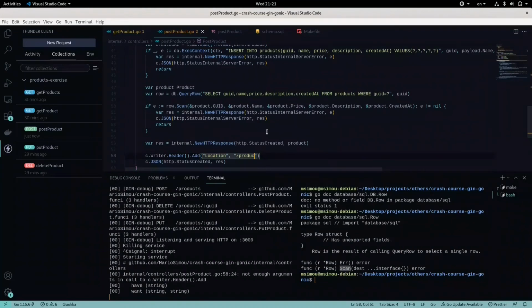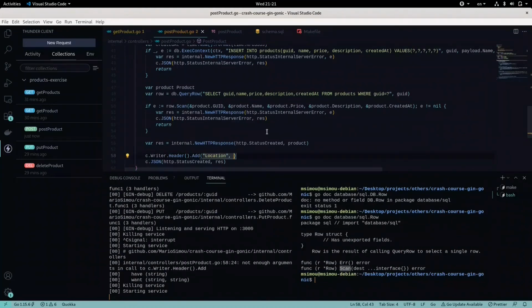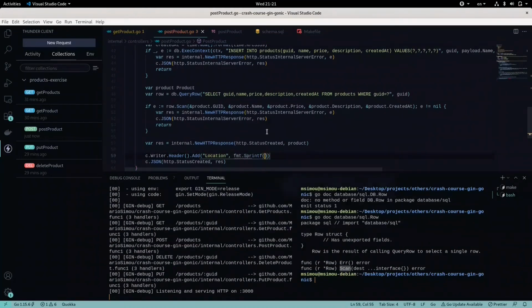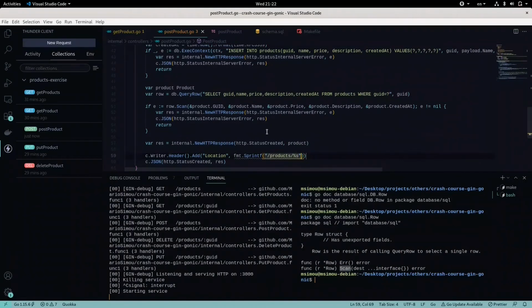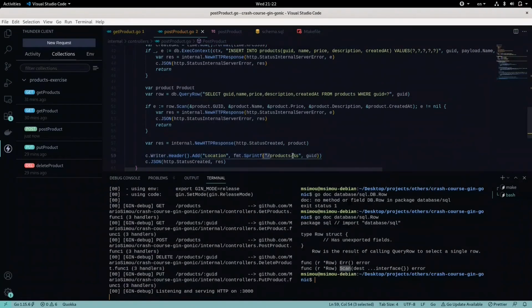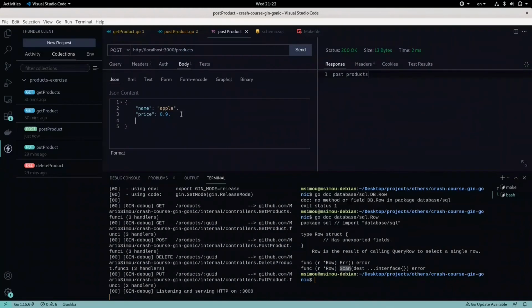In that case, it will be /products, and I will be using an Sprintf, and this one will be the GUID. So /products and the GUID, the GUID of the product, tells the clients where that resource is available, so we can find it. And if we test our request now and try to post the data and set the description,